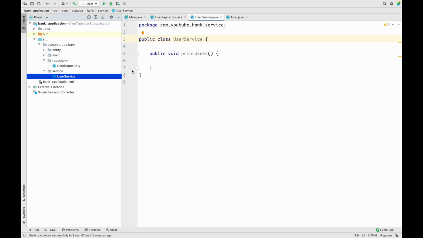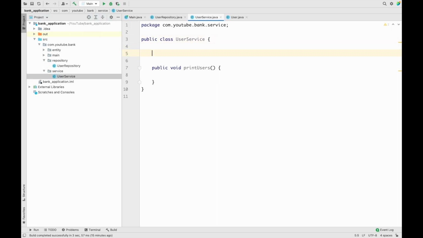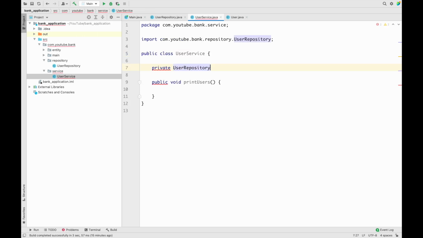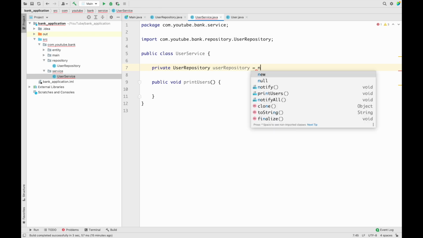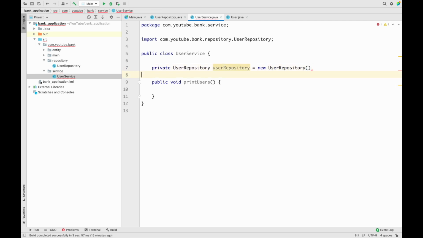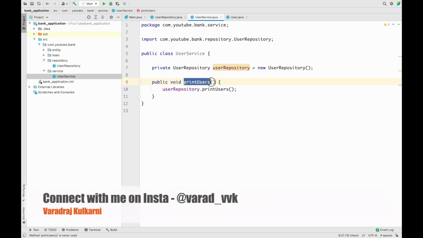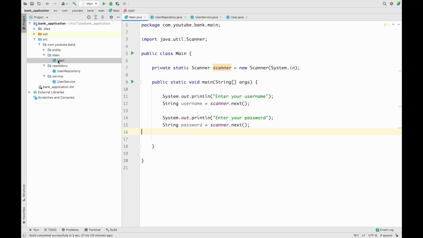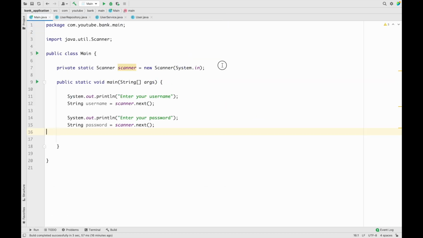user repository. So how we can call? We can create one new object like private UserRepository userRepository equals new UserRepository, and then we can make it userRepository.printUser, something like this. And now inside our service we have the printUsers method. This printUsers method from the service we can call inside our main method. So let me go inside the main method, and let me make it